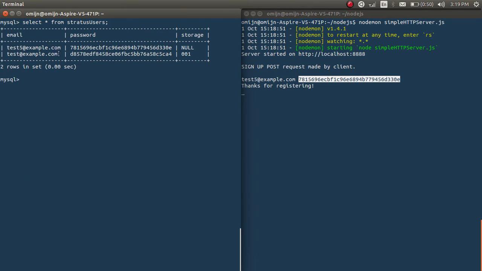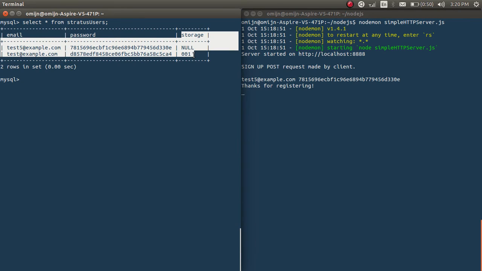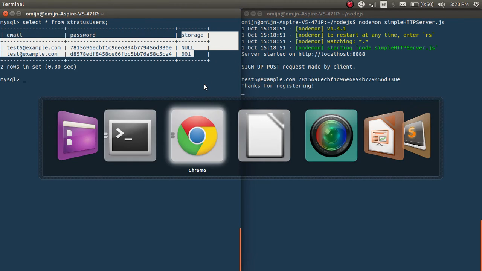Alright, so this is what I just entered, test5 with this password. This storage field is the one that tells me which folder a person's data is stored in. So everyone is going to have their own personal folder where their data is saved. Yeah, and now when I click on sign in,